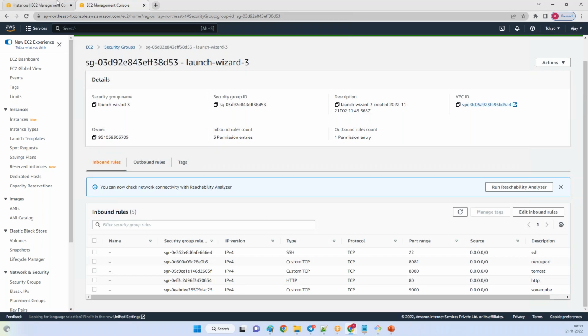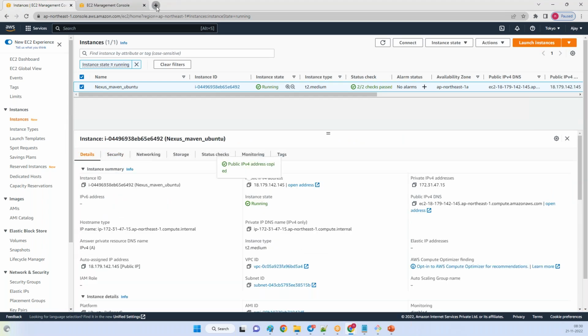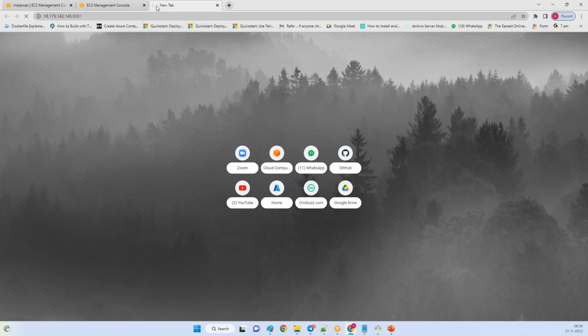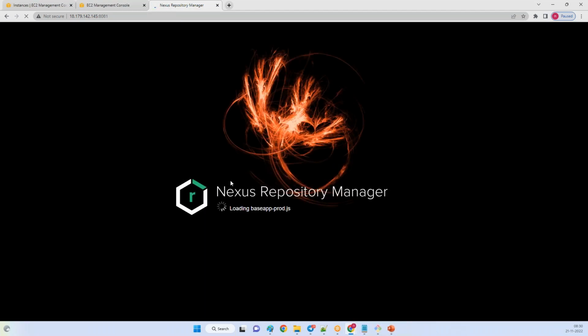So you can take the IP address of your system, your computer, and check with that port. Right, the Nexus is starting. So this is your Nexus front view, right?